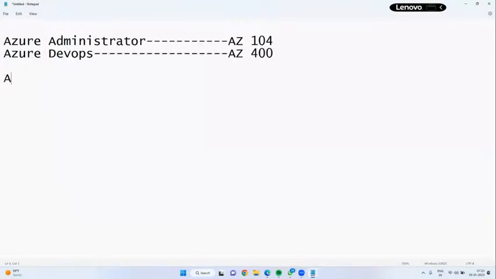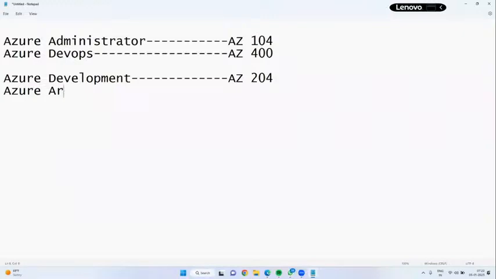In the same way, for Azure development we have AZ-204. Next, Azure Architect. The Azure Architect paper is AZ-305. These are the important four certification papers.